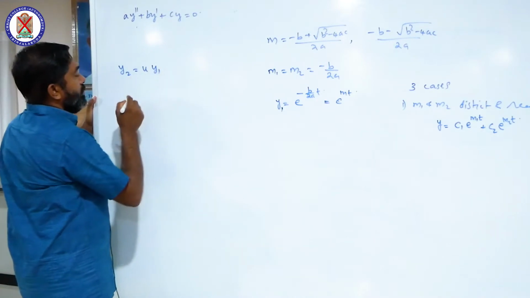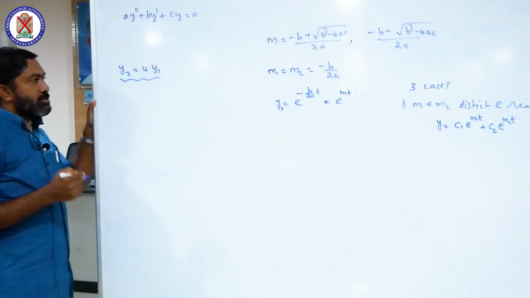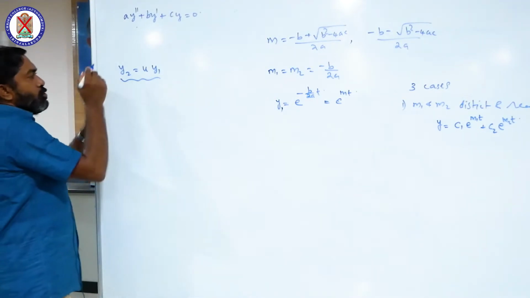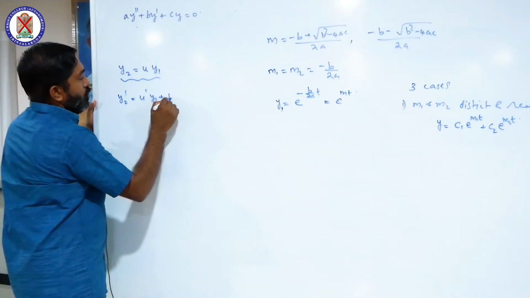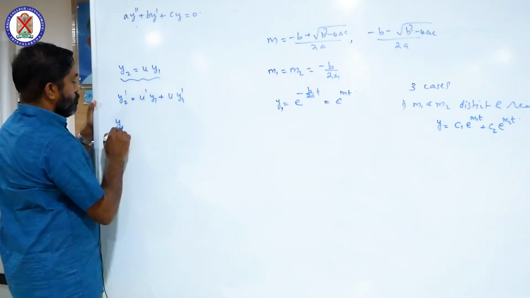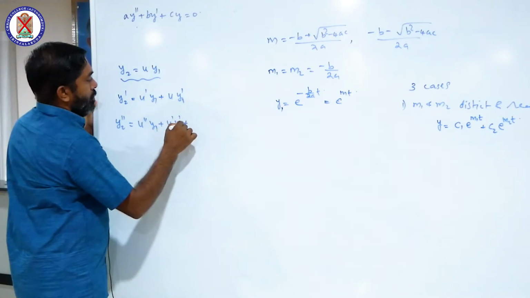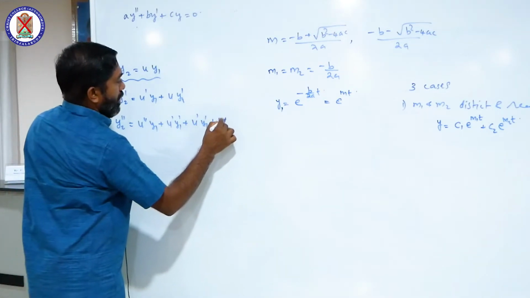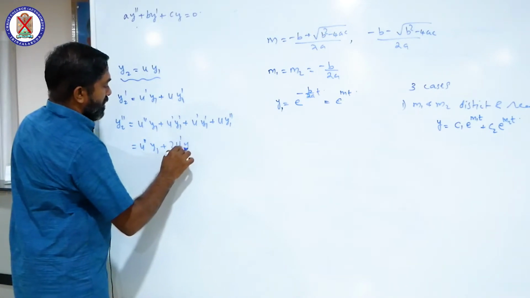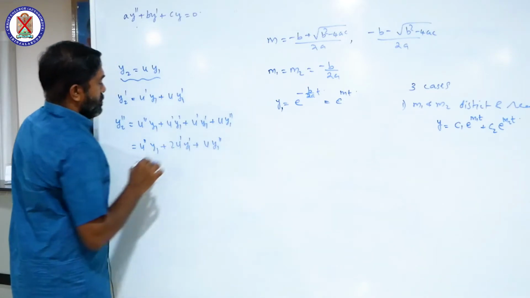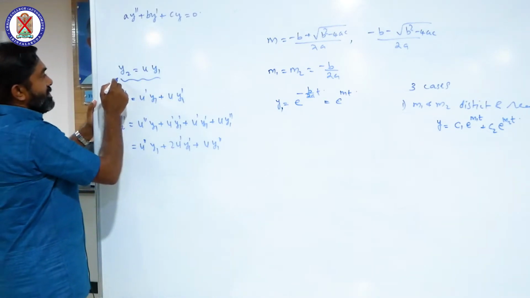It is the second solution. This method is due to D'Alembert, and later we will call it the method of reduction of order. Okay, the second solution is y2 equals u y1. This means y2 dash is equal to u dash y1 plus u y1 dash, and y2 double dash is equal to u double dash y1 plus u dash y1 dash plus u dash y1 dash plus u y1 double dash. For this one you can write u double dash y1 plus 2 u dash y1 dash plus u y1 double dash. We substitute these values because we assume that the second solution is y2.